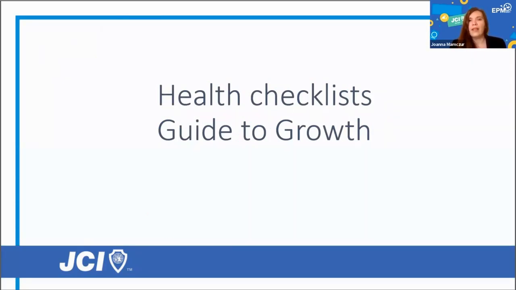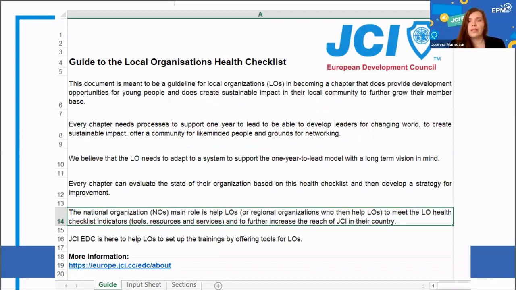That's actually a document, an Excel file that includes a number of indicators of whether or not the organization is doing well. And by filling out this form at the beginning of the year, which we encourage, you can check the status of your local organization. As the national board, you can actually understand what's the general situation in your country if you ask all your local presidents to fill it out.